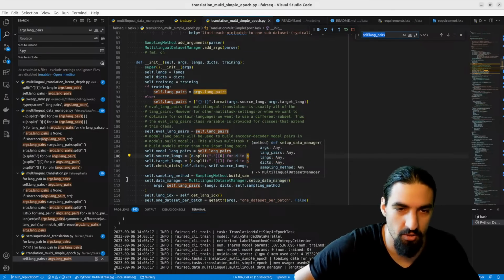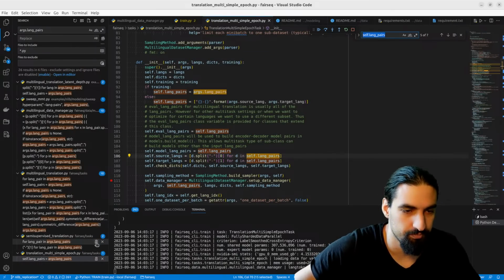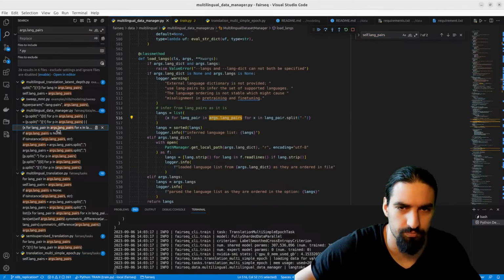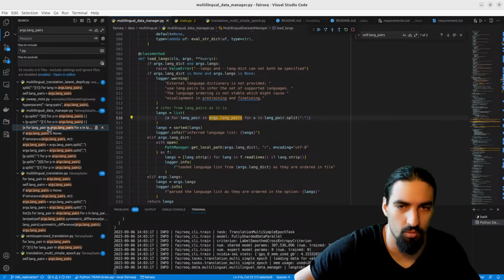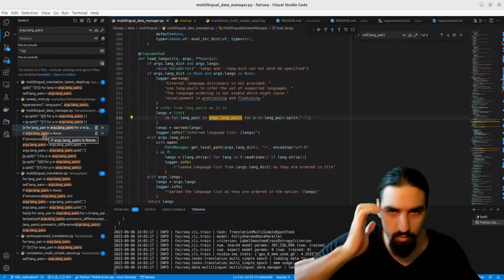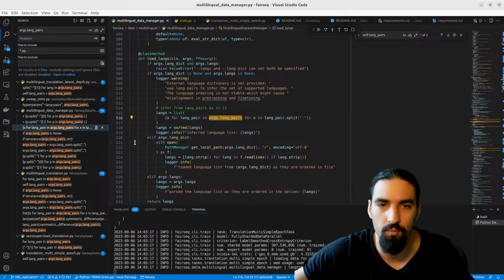Setup data manager. Load the languages. Okay.